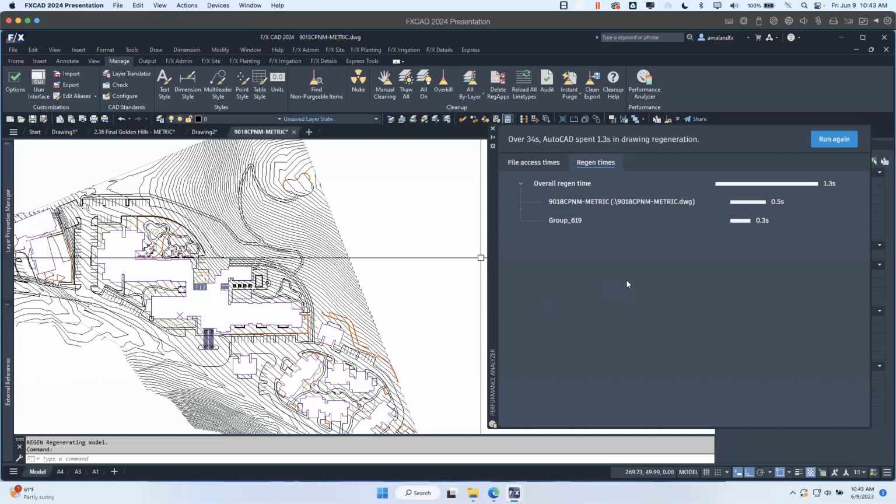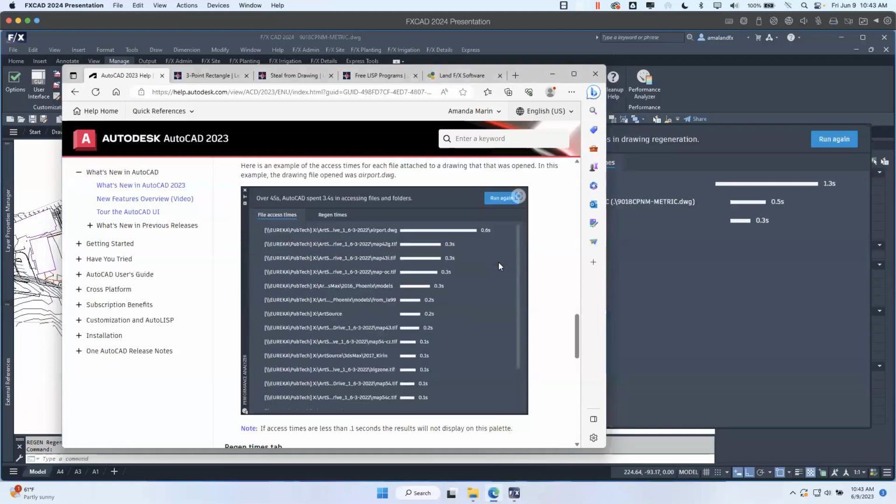I've had people who just think CAD is running normally, and this is just how CAD is. CAD is just slow, and it's as fast as it can go. So this might be a good wake-up call to run it as an experiment to see how your drawings are doing. And I did want to pull up an example that they have over here,